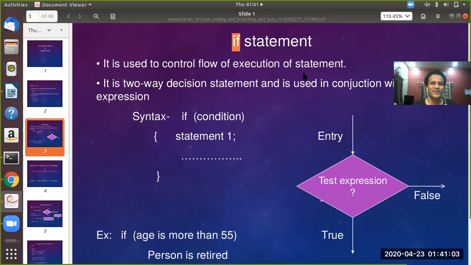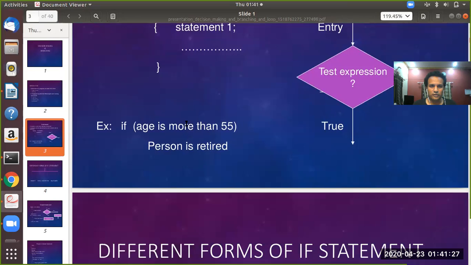It is used to control the flow of execution of the statements in a program. It is a two-way decision statement and it is used in conjunction with an expression. Now just look at this: if age is more than 55, then person is retired.